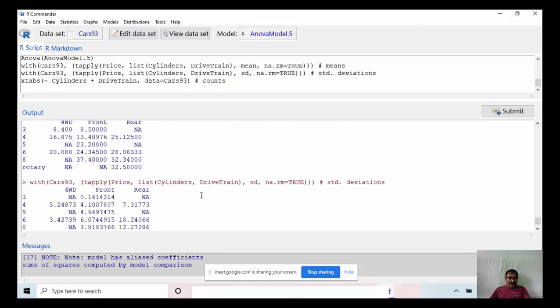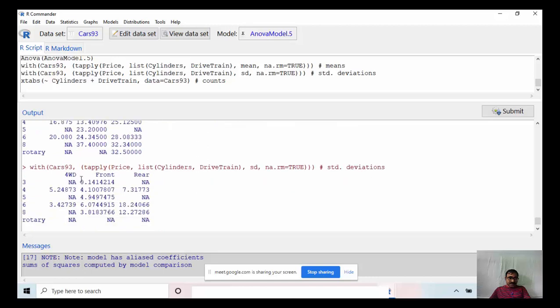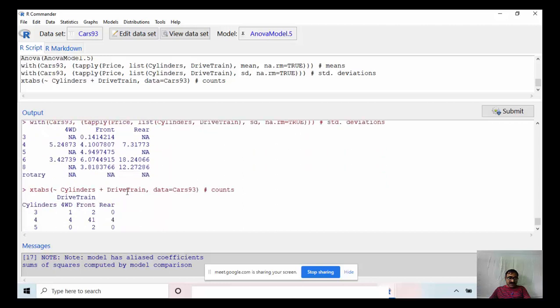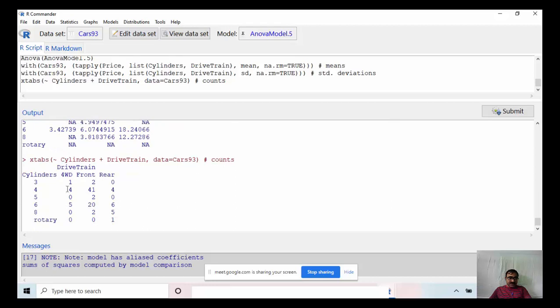Then here for the cylinders, this is the mean, this is their standard deviation, and this is the count, the number of cars.